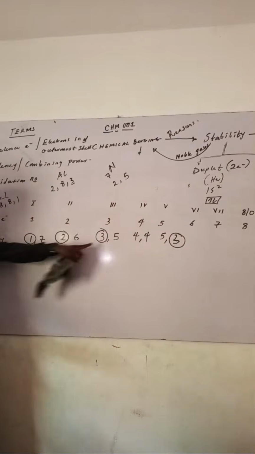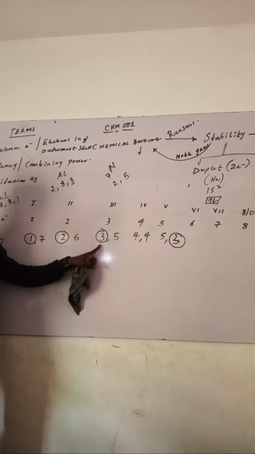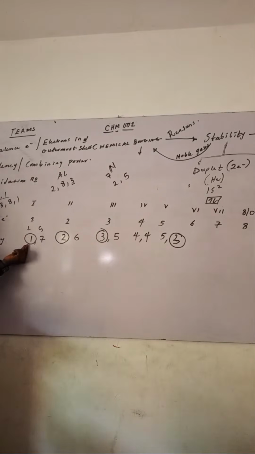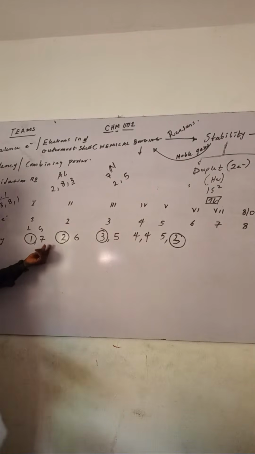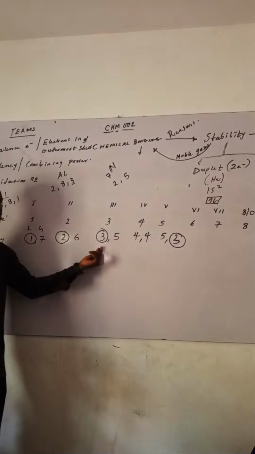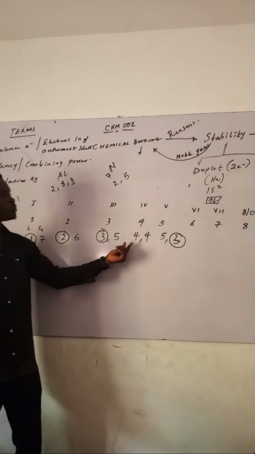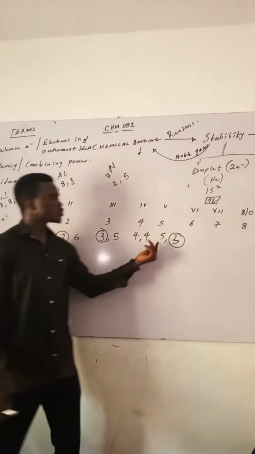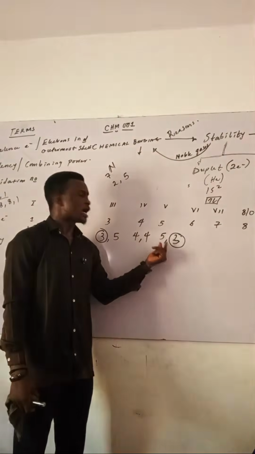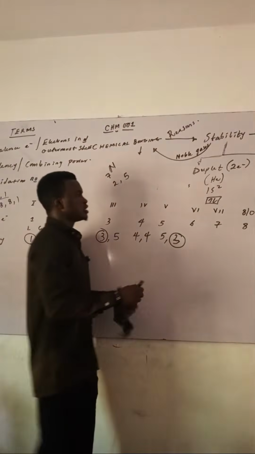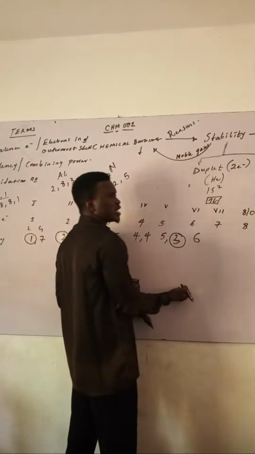This one will prefer to lose 3. So get it clear. So let's say the ones on this side are the lose, gain. So this one will prefer to lose 1 than gain 7. This one will prefer to lose 2 than gain 6. This one will prefer to lose 3 than gain 5. This one will prefer to either lose 4 or gain 4. It's still okay. This one will prefer to lose 5, or rather prefer to gain 3 than lose 5. Then for this now, we gain 6.